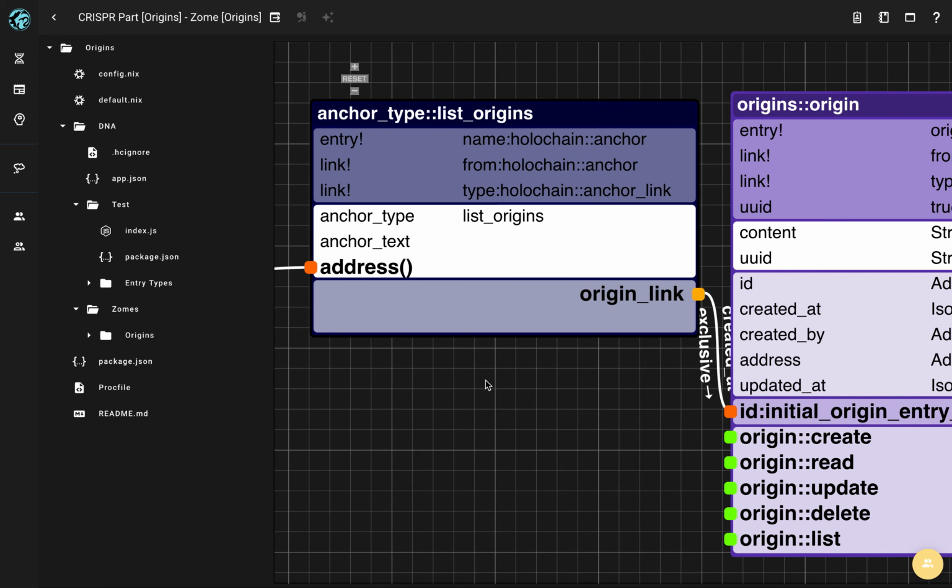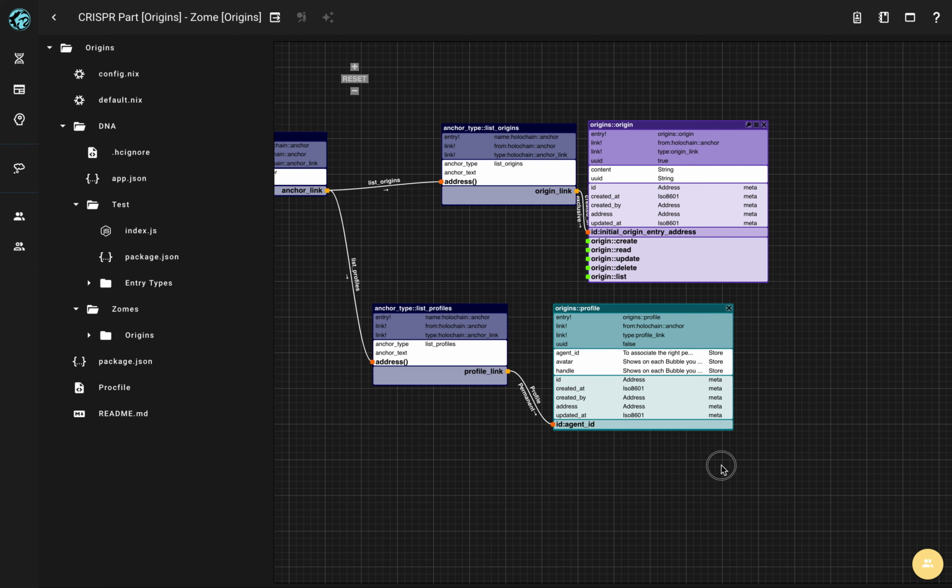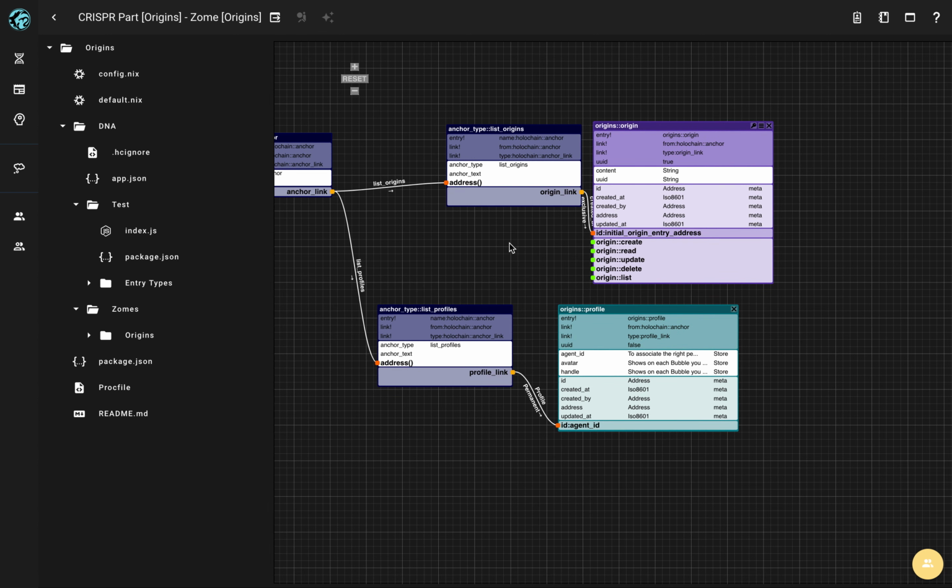Alright, so let's back out of there a bit and let's have a bit more of a look at what's going on here. So we've now got two lots of anchor types. This lot of anchors is linked to the origin entries, but this one here is linked to profiles. So profiles,